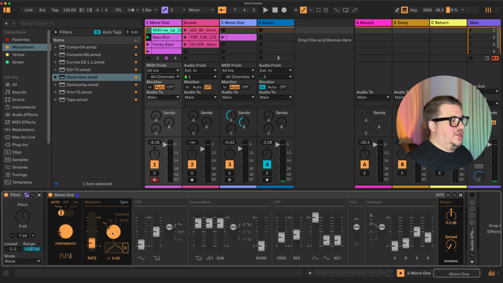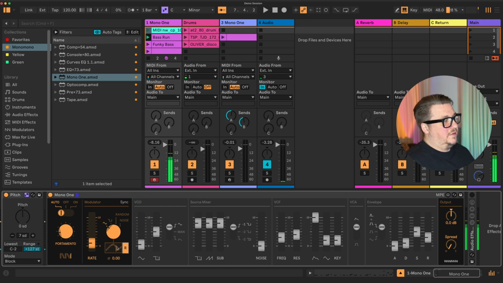So the modulator is pretty simple. There's rate. You can switch between 4 different wave shapes. Right now it's triangle, square, random, sample and hold. There is noise. And there are a couple of features which we've added, which are not on the original. First of all, you can retrigger the phase of the LFO